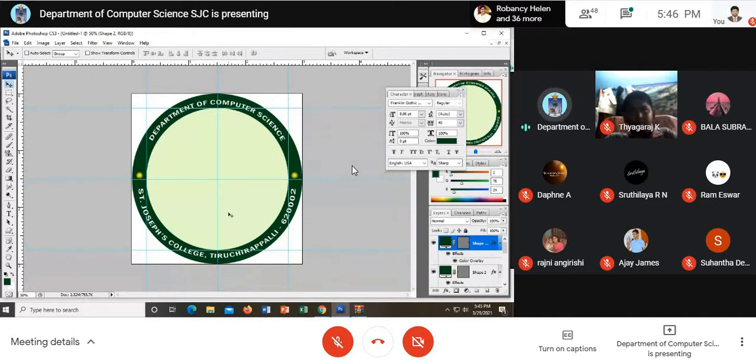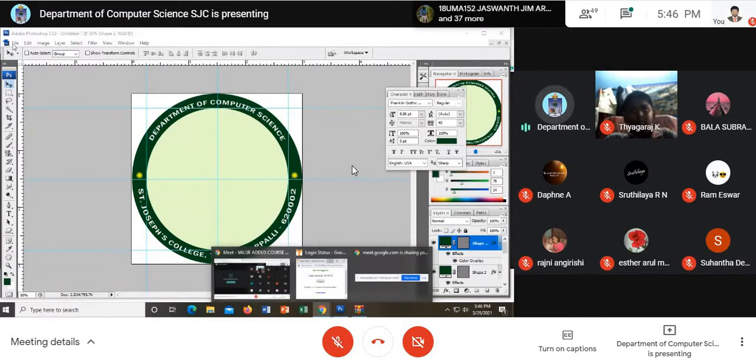Now I want to go for the center part. Usually, the center part is where you keep the festival or the program. Before that, we'll go for the logo. For example, if you have a logo exclusively for this program, you can keep it here. Otherwise, you can put up the institution logo. Don't worry about the content. Those who want the content will give it. If you are designing for your own institution, you can put the institution name or festival name on the top, whatever it may be. It's up to you.